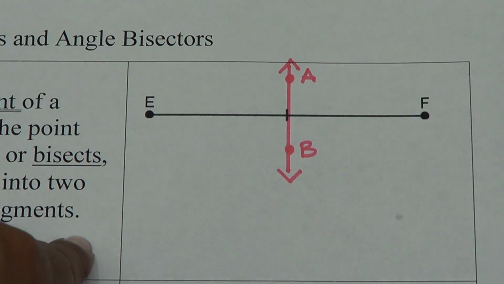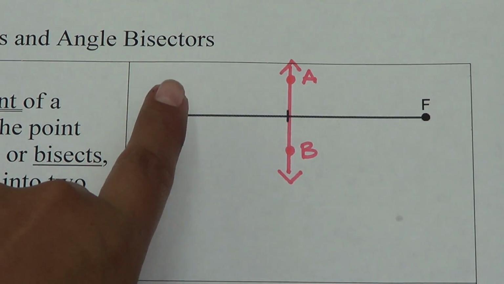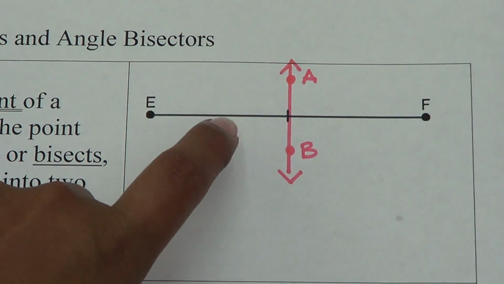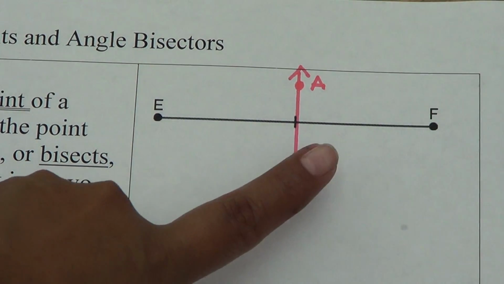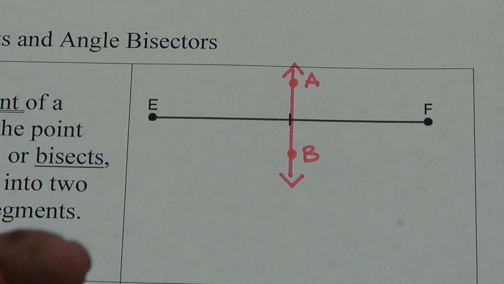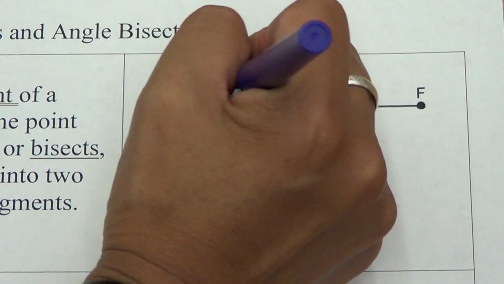So let's take a look at segment EF. So we have segment EF, and we are saying that line AB has bisected segment EF. So what that means is that line AB has cut segment EF into two equal pieces. Okay? And how we show that things are equal is we use tick marks. So this little tick mark here,